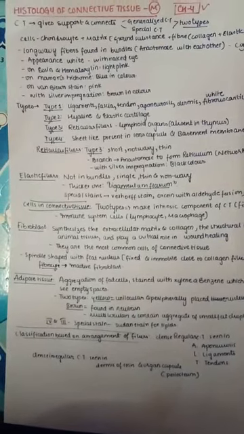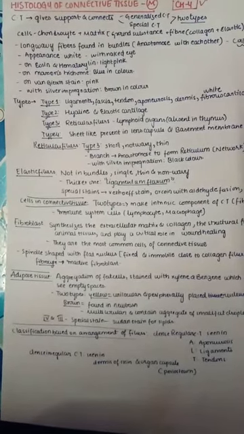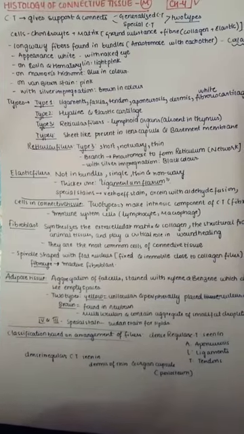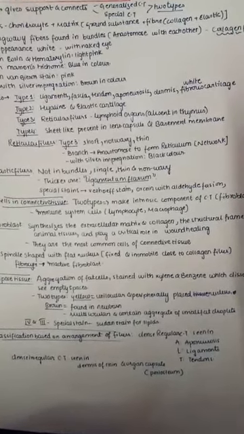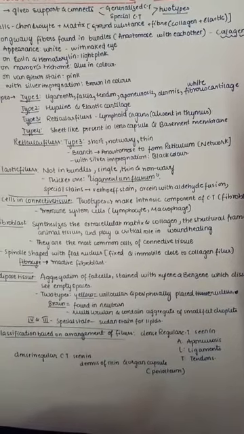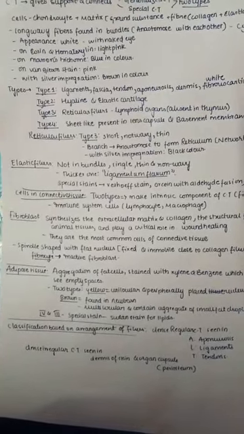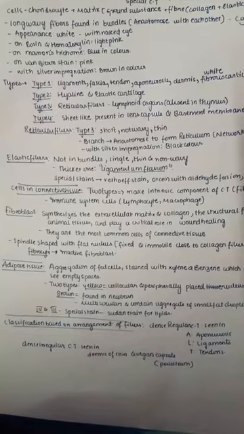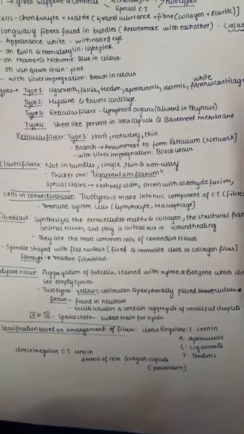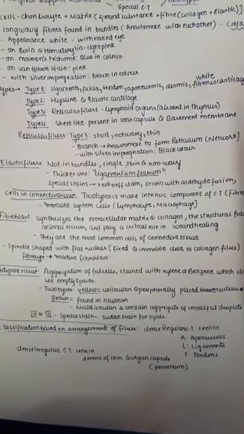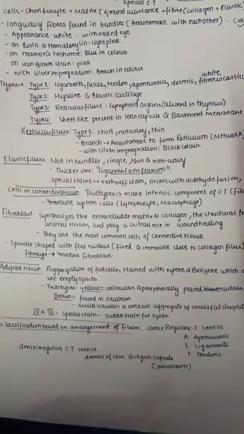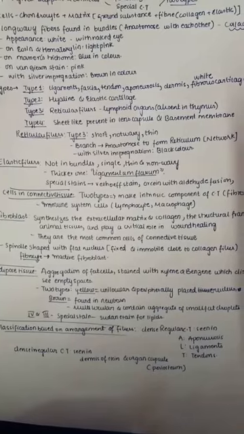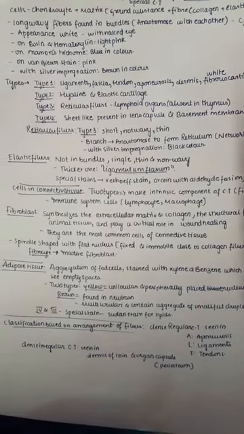So the types of collagen are four types mainly. Type 1 is mainly present in ligaments, fascia, tendon, aponeurosis, dermis, and white fibrous cartilage. Type 2 is mainly present in hyaline and elastic cartilage. Type 3 is present in reticular fibers, lymphoid organs. And remember, in lymphoid organs it is not present in the thymus. And type 4 is sheet-like and is present in the lens capsule and also in the basement membrane.